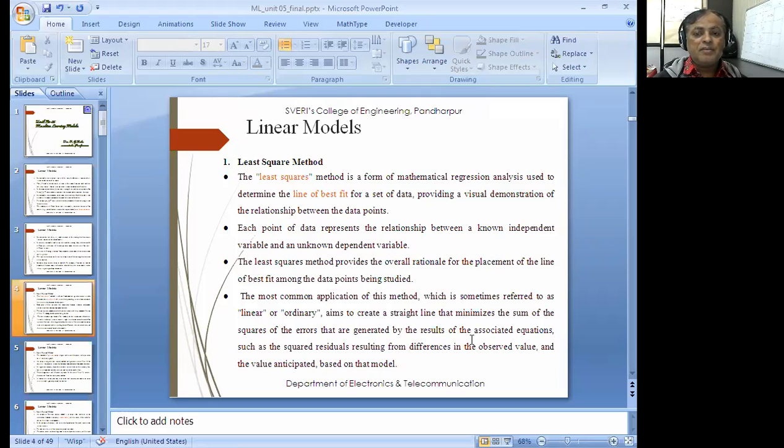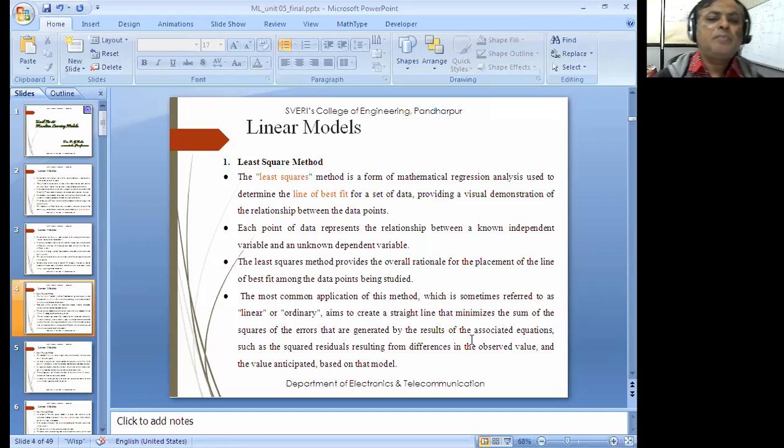So what we see in regression, we know that in linear regression there is a linear line, and near to that line you find a number of points. So what does it mean, how close these points are to that line? That is nothing but the best fit. यानी वो लाइन के आसपास पूरे पॉइंट्स आपके होने चाहिए डेटा के. अगर वो लाइन के आसपास रहेगा तो हम ऐसा बोल सकते हैं कि that is the line of the best fit. And what does it also help? It helps to give a relationship between the data points. That is what the least square method says.